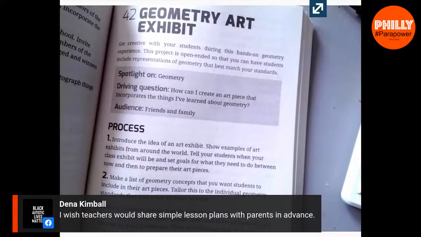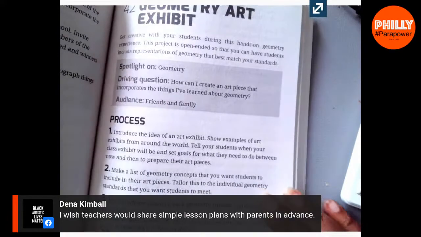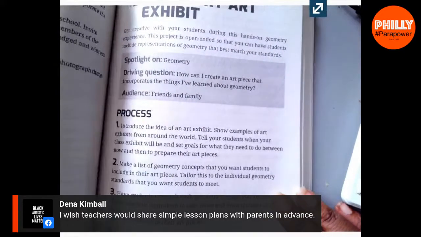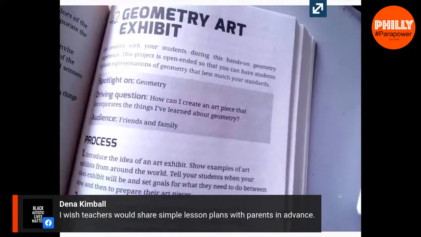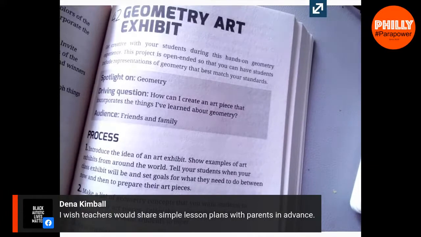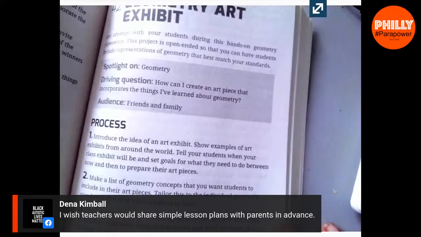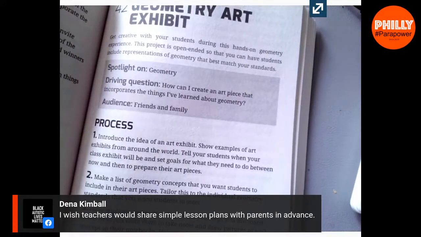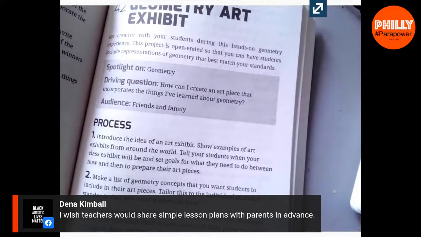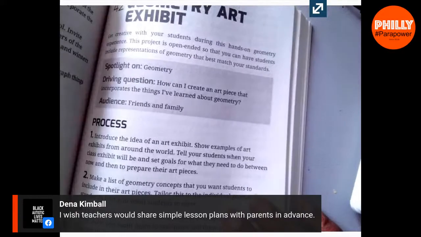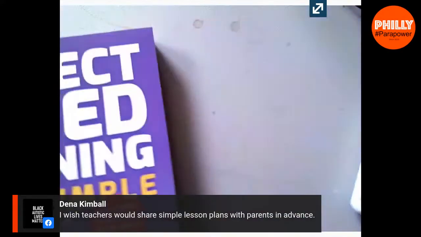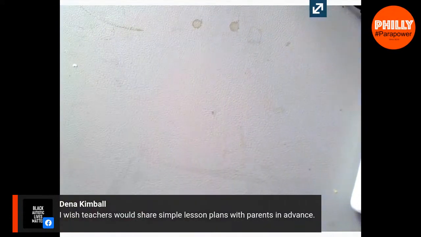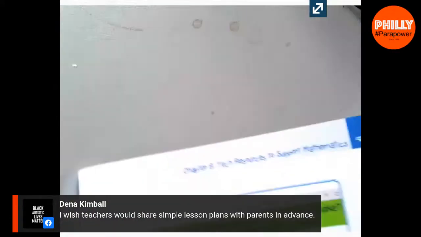And I think I like this one. So it's like a geometry art exhibit with the sorting shapes where they can make their own shapes and make exhibits of triangles, squares, circles, stuff like that. But I think I like this one. And for sharing the assignment, the one thing I liked about this book was when they talked about